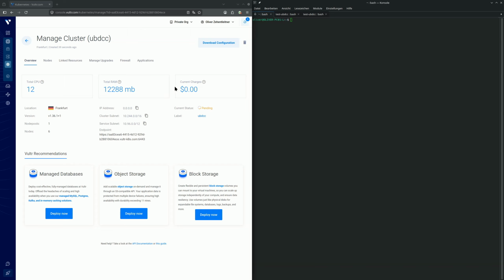After the cluster is created, I download the kube-config file from Vultr and place it into my user's home directory. This works exactly the same way on Linux, Windows, and Mac OS. Just go to your home directory, create the folder .kube,